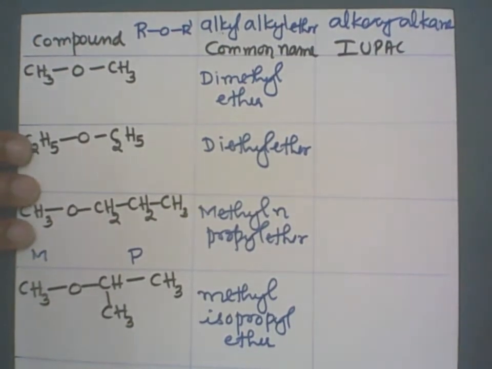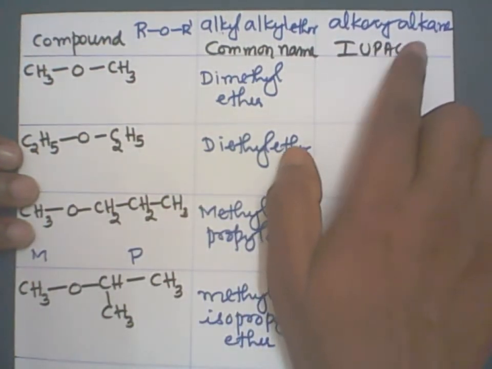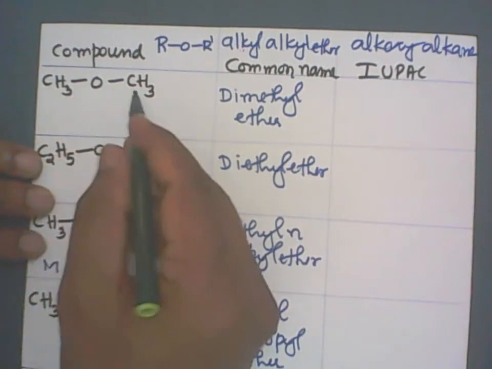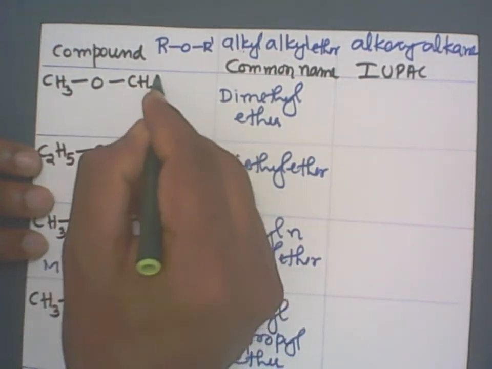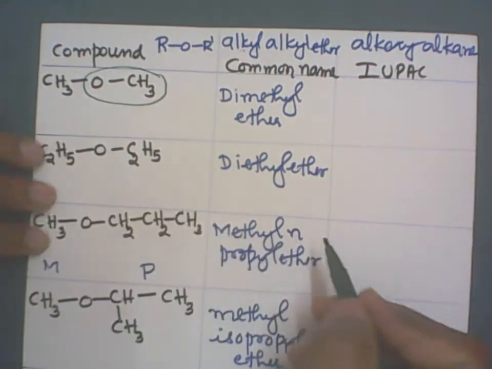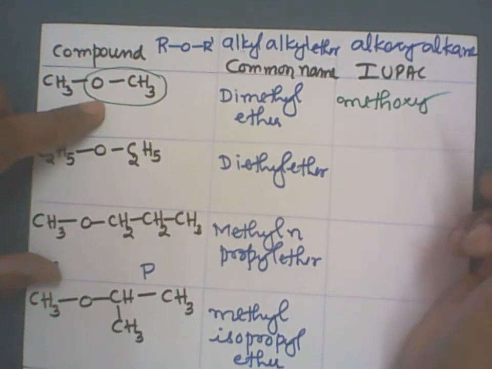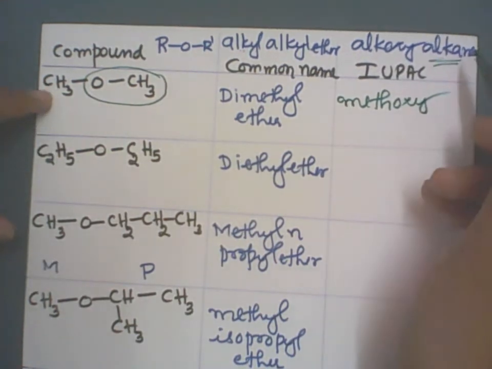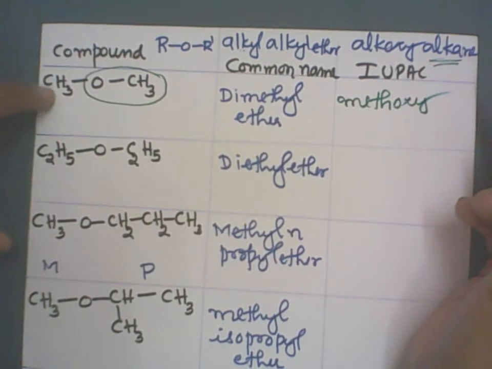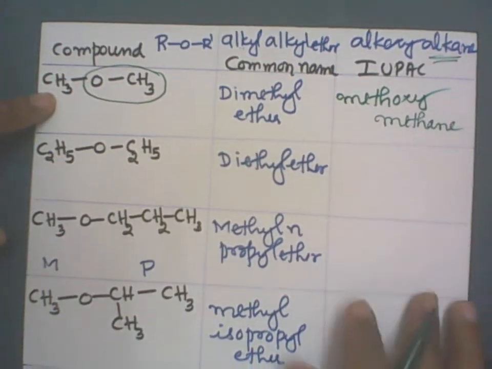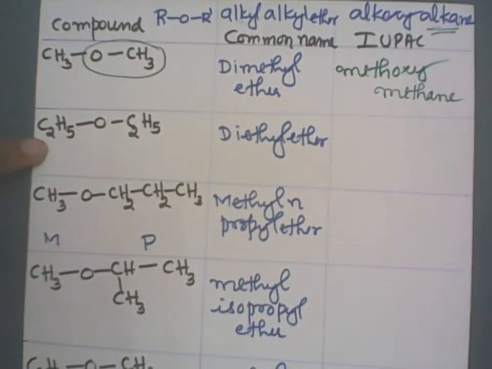Okay? So let us start with the first one now. See, the names are given like alkoxy alkane. Alkoxyalkane. Correct? Now here both the groups are similar, right? Attach one methyl to the oxygen, methoxy. This becomes the methoxy, and you should end with the alkane. Remaining one more methyl is there, corresponding alkane with one carbon atom. So it becomes a methane, methoxymethane, right? It is a methoxymethane. Clear?